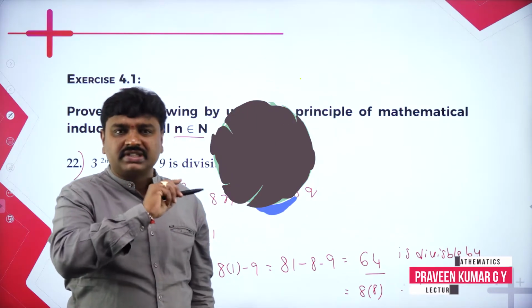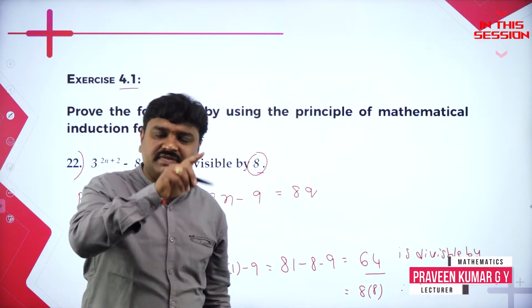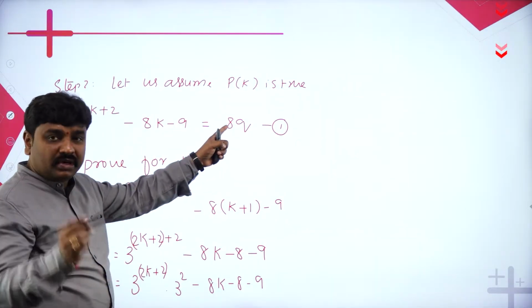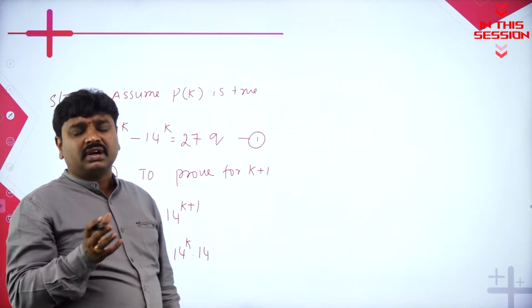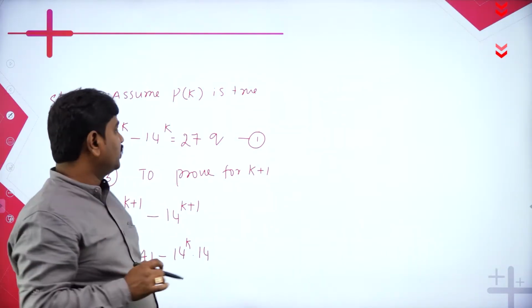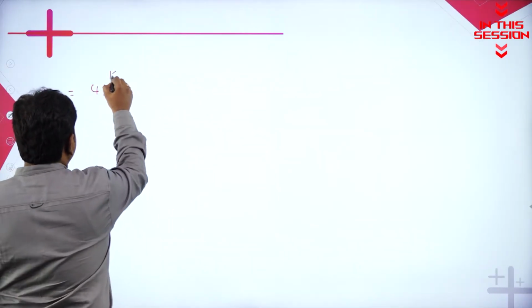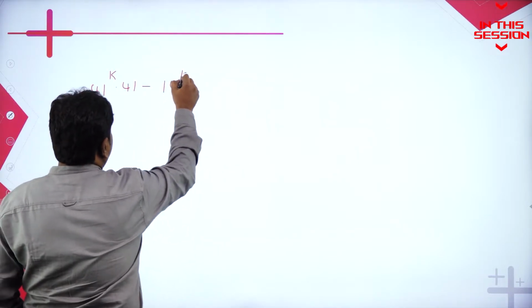When I substitute n is equal to 1, I'll get a number. The number I got is 64. 64 is divisible by 8. 3 power 2k plus 2 minus 8k minus 9 is divisible by 8. You take the least number. So there are two numbers, 41 and 14. So till here the problem is smooth and simple and direct, but here the game starts. So what I can say is,